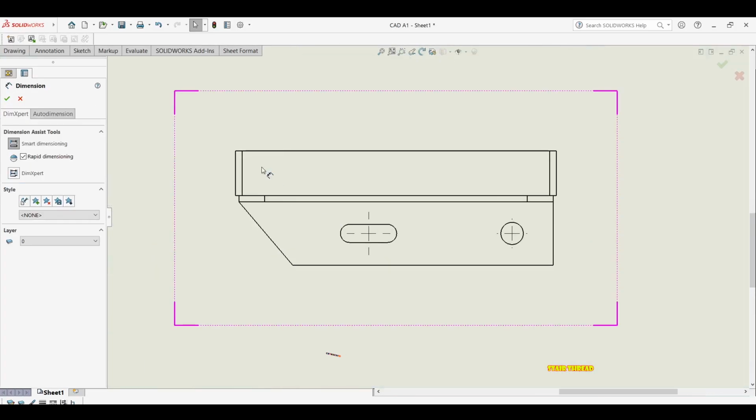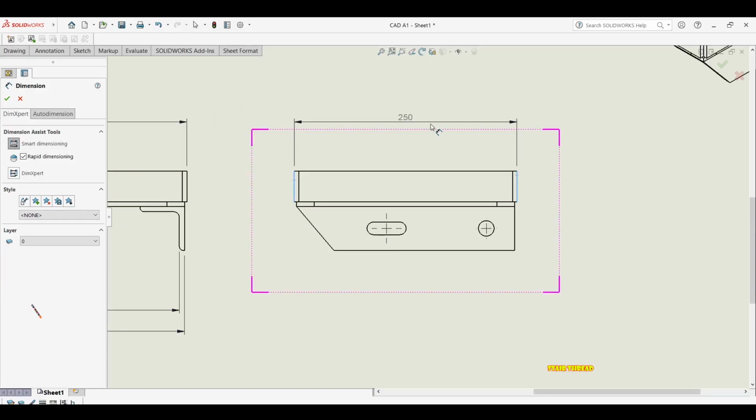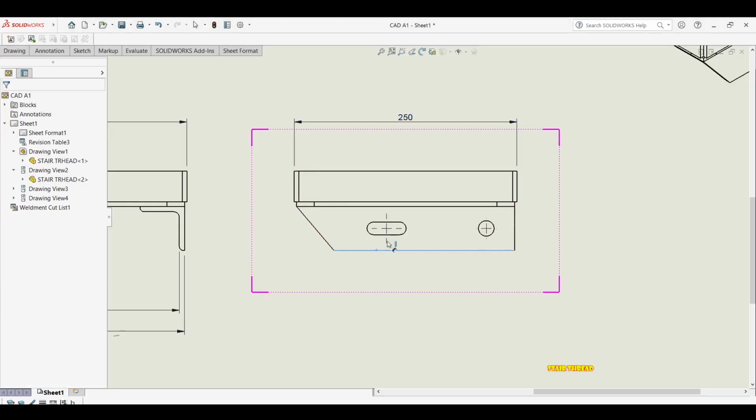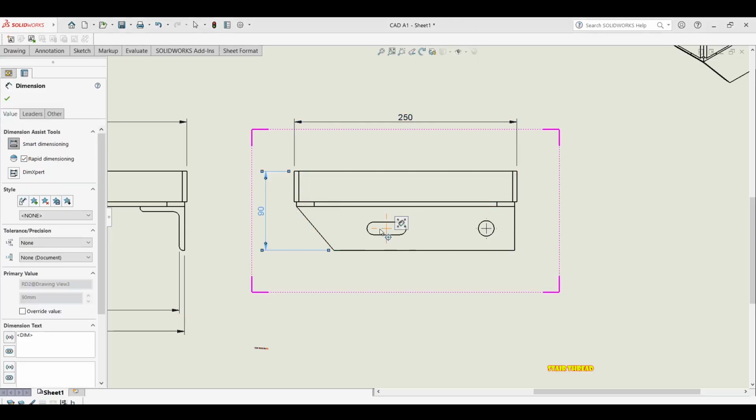Then let's now dimension this side. I know it's dimensioned on the other view, but I'll just do it here as well. Here I'll just take the whole dimension from there, and then